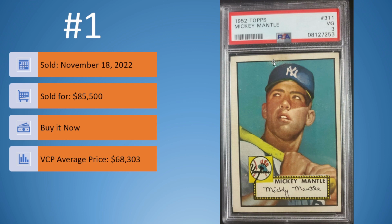You do have some issues there at the top of the card near the border. There's some yellowing a little bit. Yeah, it is off center, but overall, nice, clean. It doesn't appear to be any creases in the card. So for a PSA 3, that's a really nice example. And you can tell when this sold on November 18th, it sold for